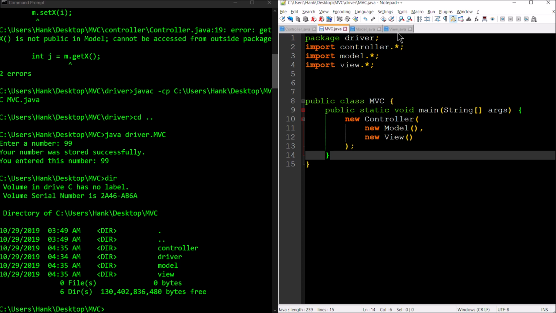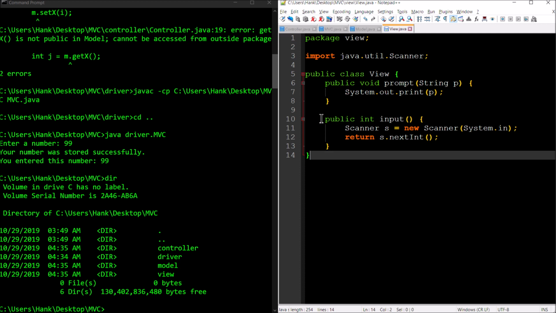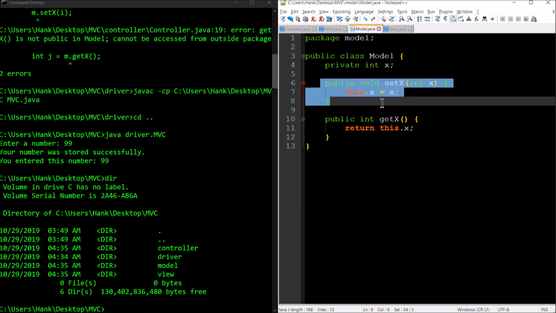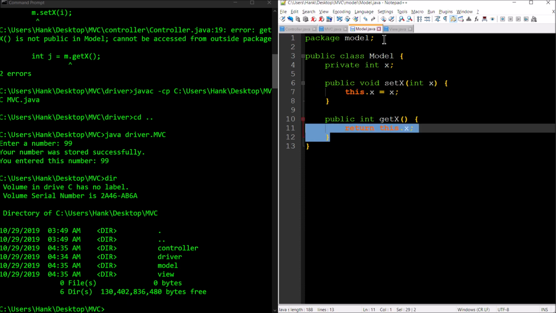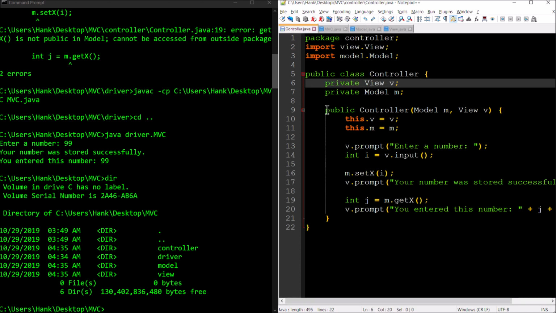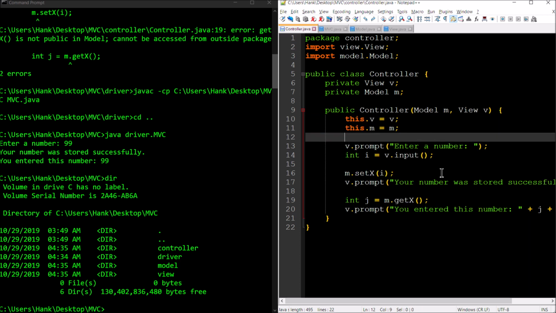So remember what the view does, it just provides a method. The service is, hey, I want to display stuff to the user. And then one of the other services it provides is to read something written by the user. Okay, and remember what the model does. All it does is provide the service for storing the data and then for returning the data. Okay, now the controller, it's responsible for fostering communication in between the two and also incorporating the mainline